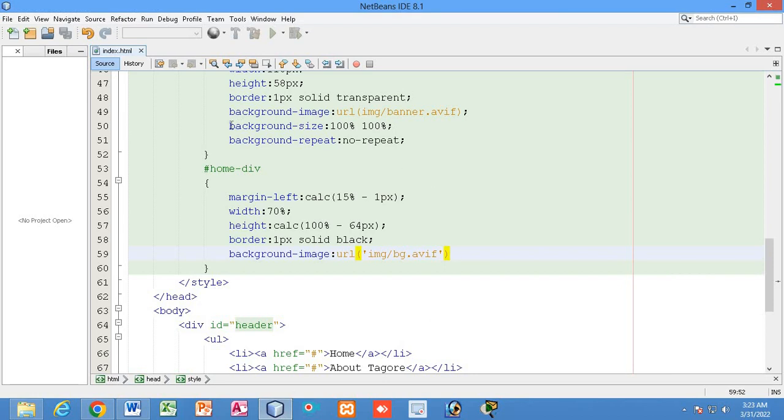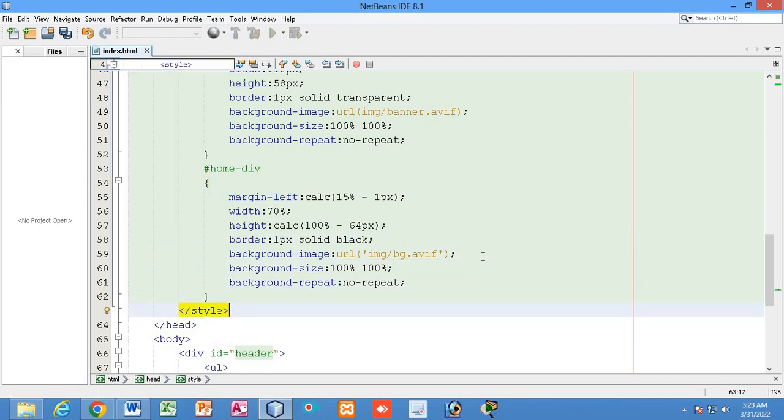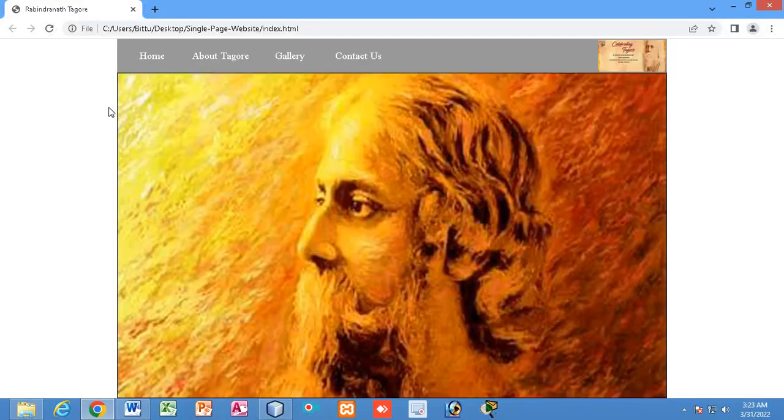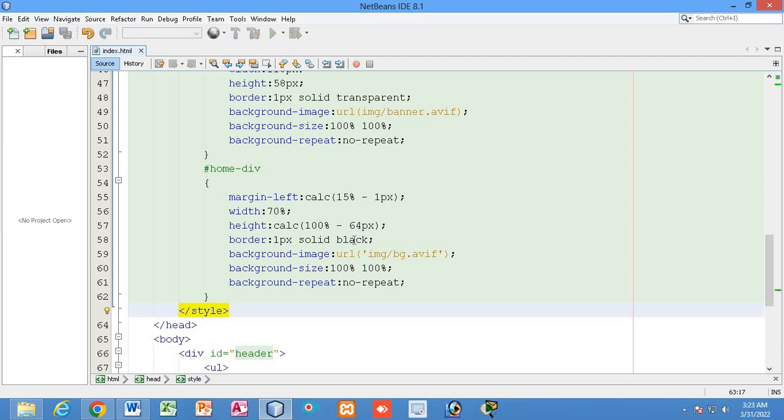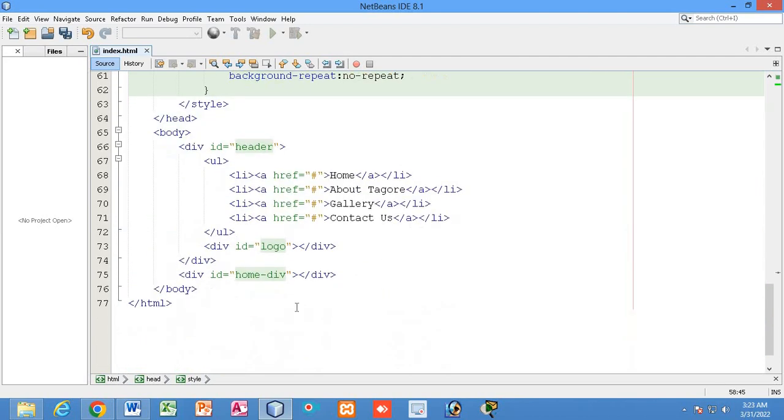So we have to add this thing. I will go and simply add. You can see this line of code. This line of code I have added. Now if I go and check out here, you can see the background size fitted in the home page. Now here I will remove the black color, I will make it transparent, right? Fine.